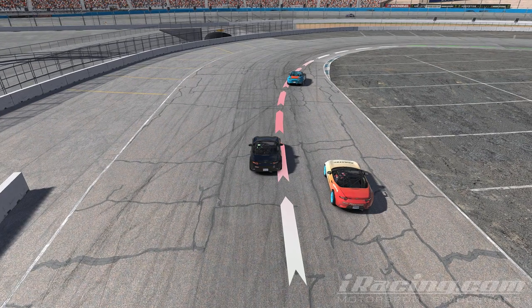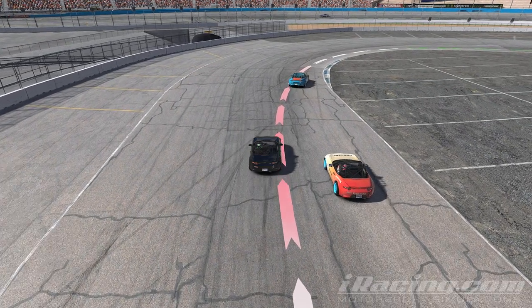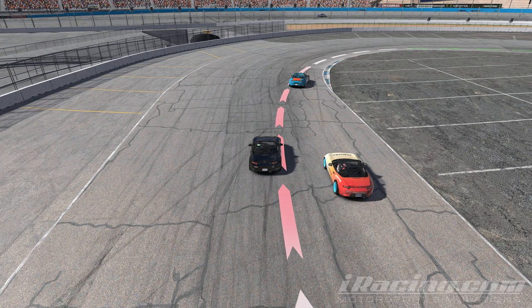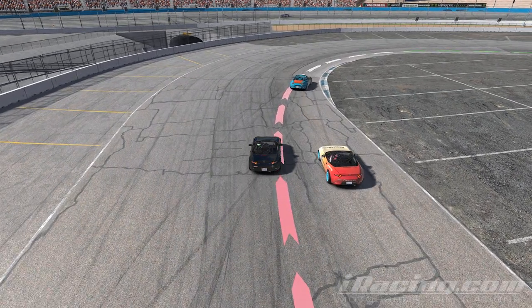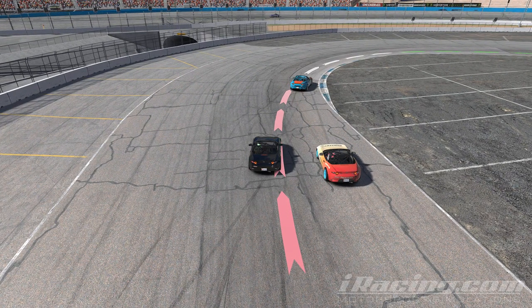But you can see here, shortly after corner entry, clearly the trailing car has position on the lead car. So at some point here shortly, the leading car's spotter would be saying car inside. So as we continue forward here, the trailing car, the orange car in this case, maintaining his line inside the